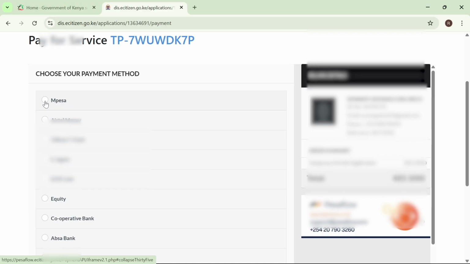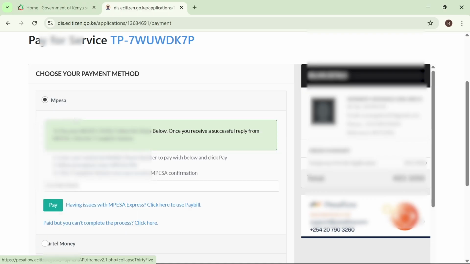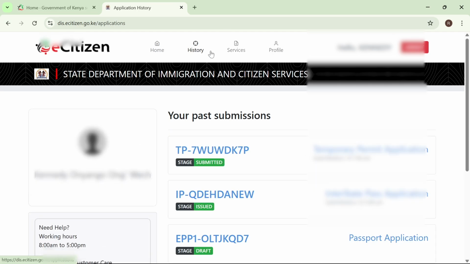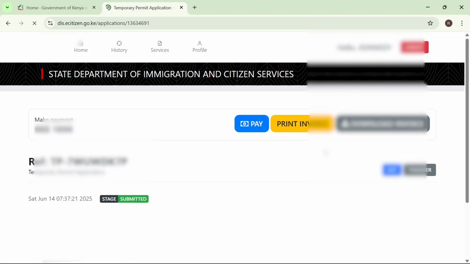So it will direct you to the payment gateway, where you need to choose the option for the payment. Let's assume that you want to choose M-Pesa. So the number will be here. Automatically you can change it as well. The amount will be 1050. So once you do all these and make the payment,